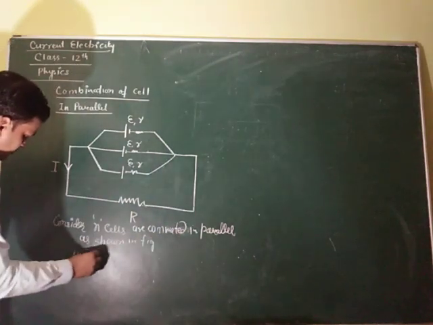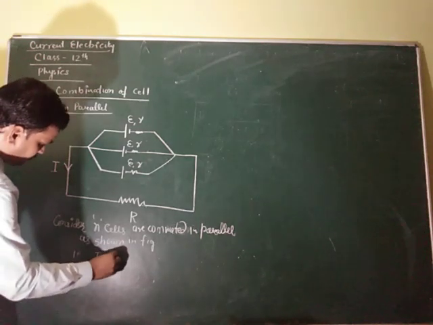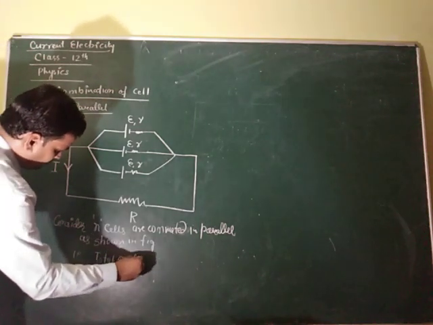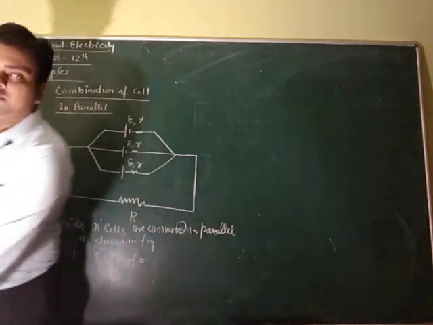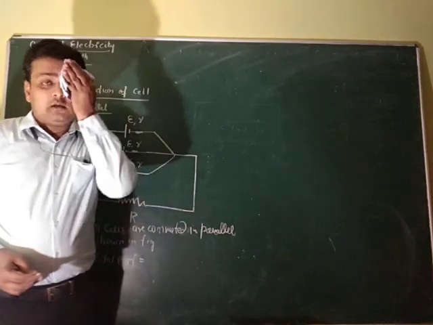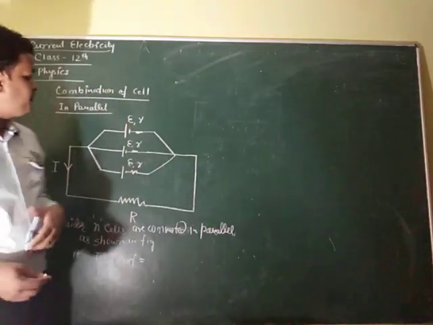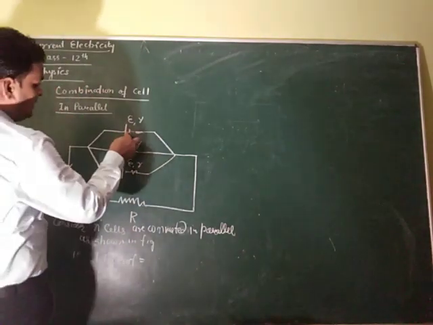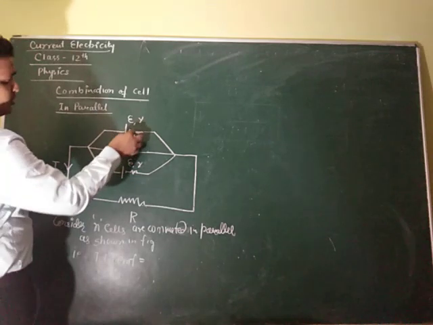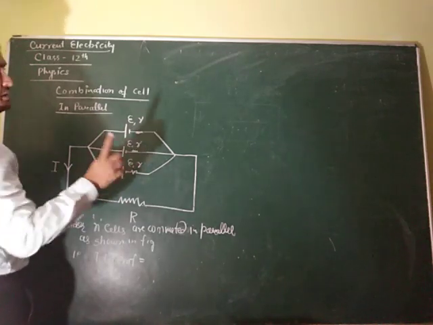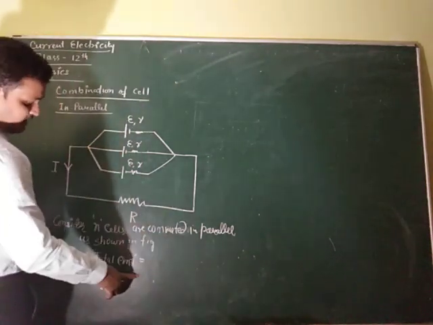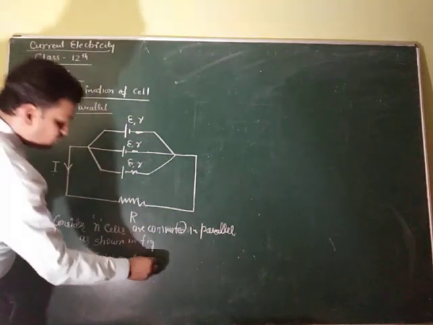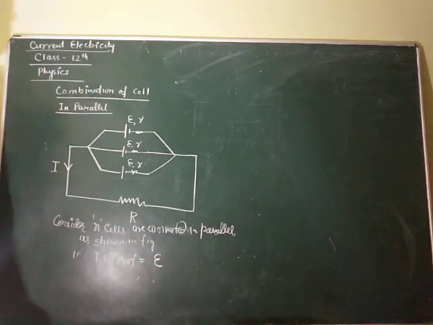That is, therefore total EMF. Now you know the formula of total EMF. What is the formula of total EMF in parallel combination? In the parallel combination, total EMF or total voltage remains the same. That is why here we cannot write N times E as we did in the series. So here only EMF will be E.